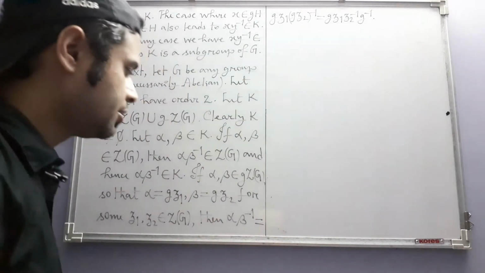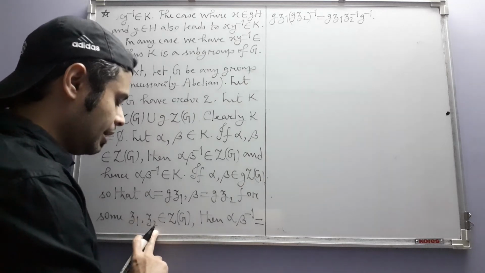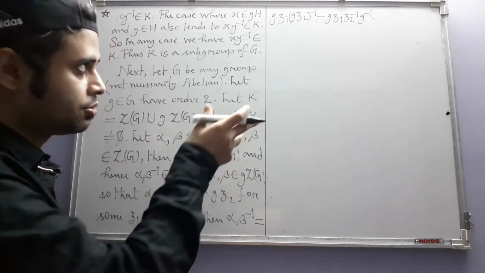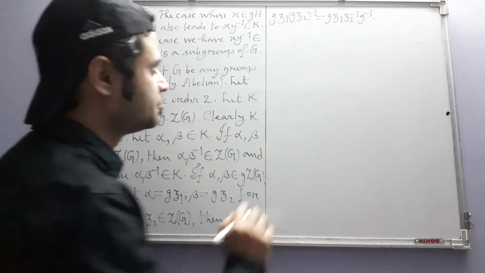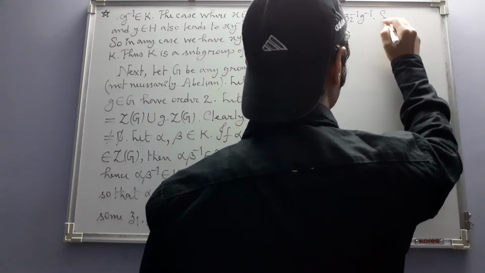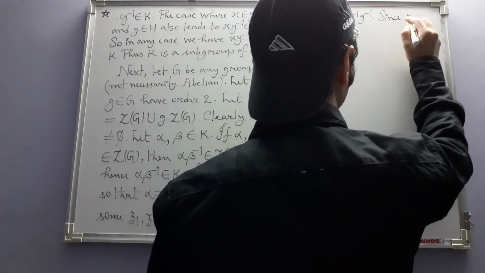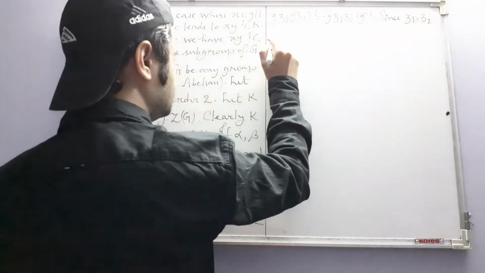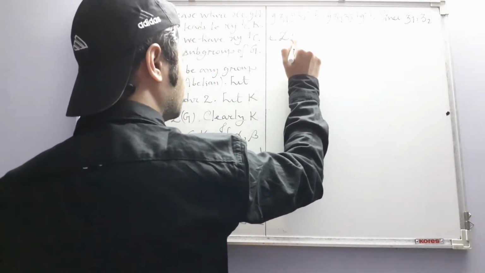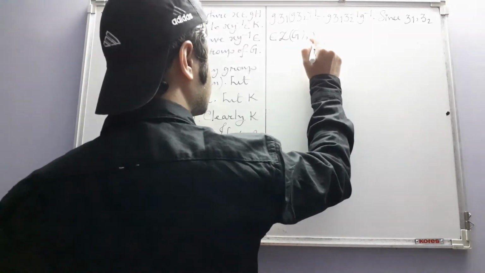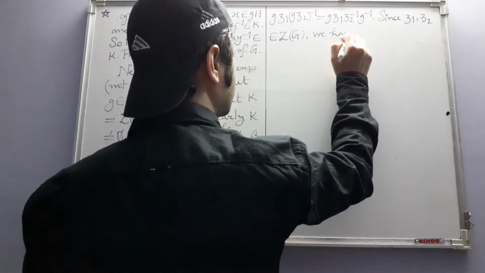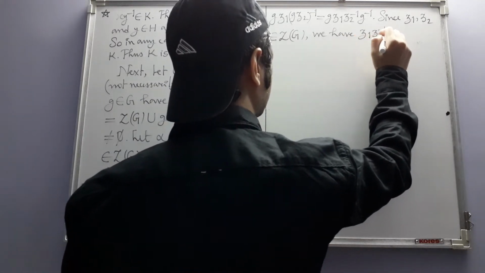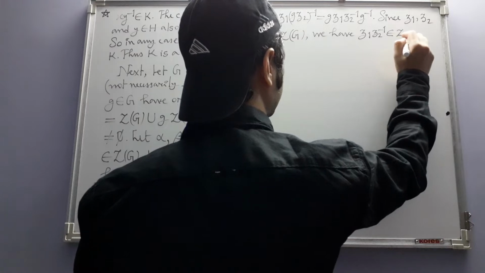So instead we are going to use the nature of Z1 Z2 inverse as a central element to do that same thing. So we write here, since Z1 and Z2 belong to the center, we have this also belonging to the center,